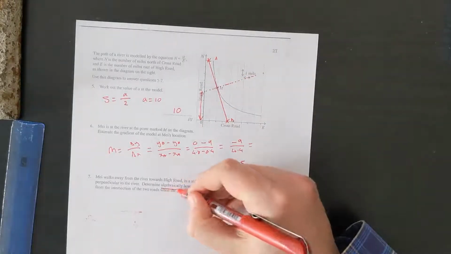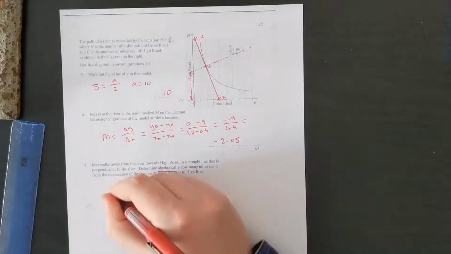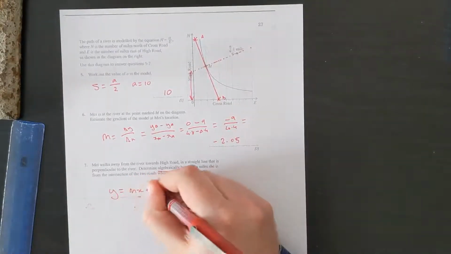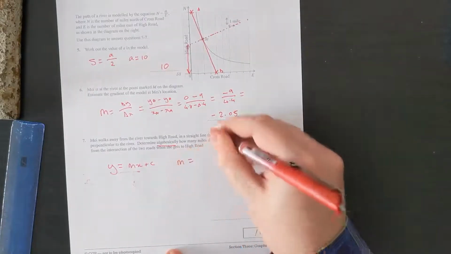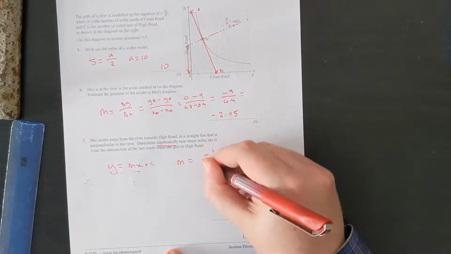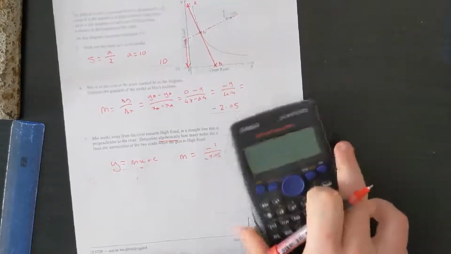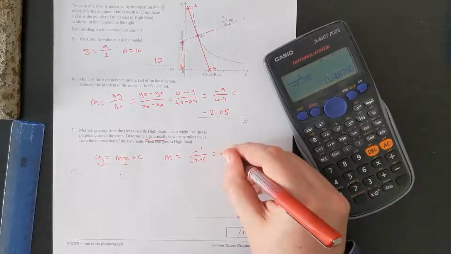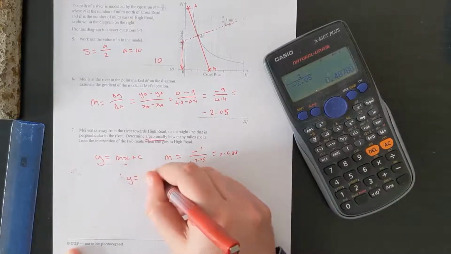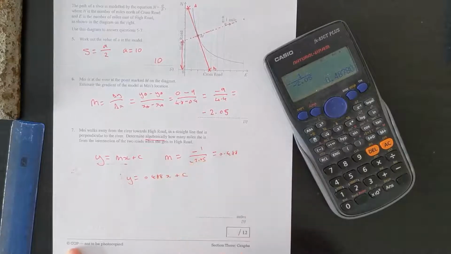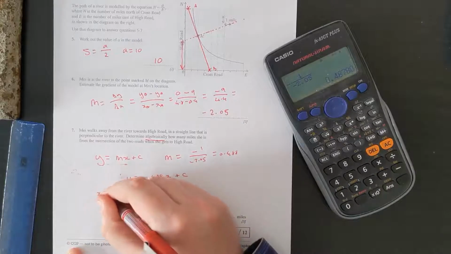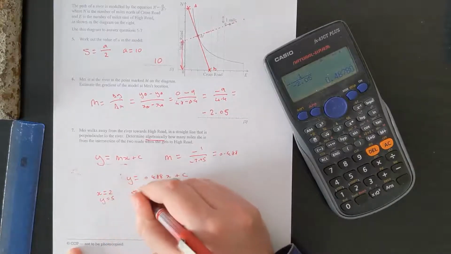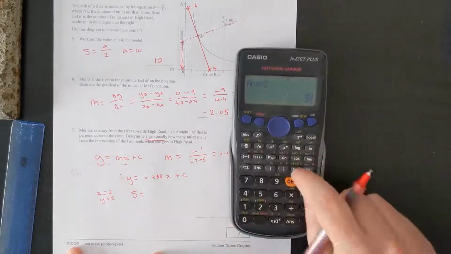Now it says determine this algebraically, so I need to find the equation of this line. It's perpendicular. I'm going to write it in the form y is mx plus c, where my gradient is the negative reciprocal. So that would be minus 1 over minus 2.05, which is 0.488 to 3 SF. So y is equal to 0.488x plus c. I know it goes through the point M, and therefore I know that when x is equal to 2, y is equal to 5. So 5 is equal to 2 times 0.488,